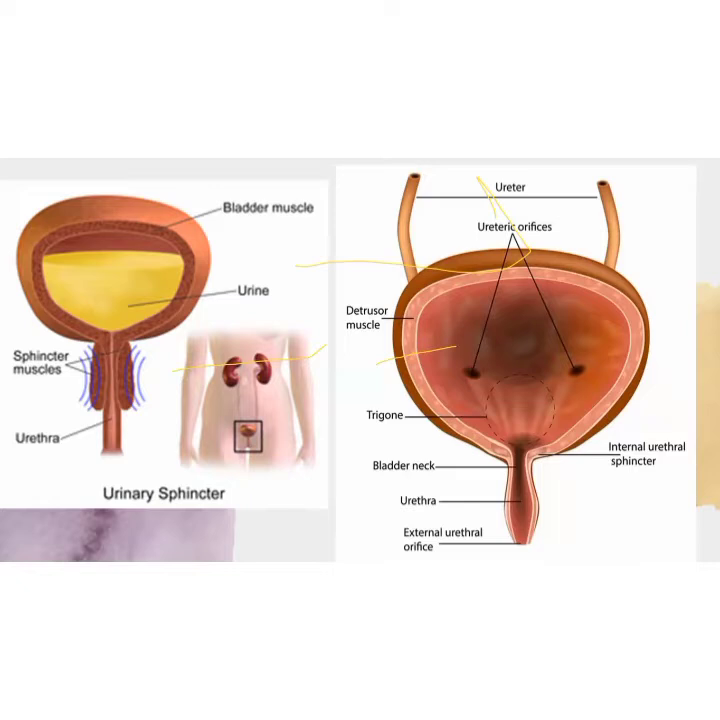So this part is called the internal trigone. It is a triangular area. Internal trigone, or simply we can say trigone. It has an apex which is directed downwards, and a base. In the base, the two ureteric orifices are formed,